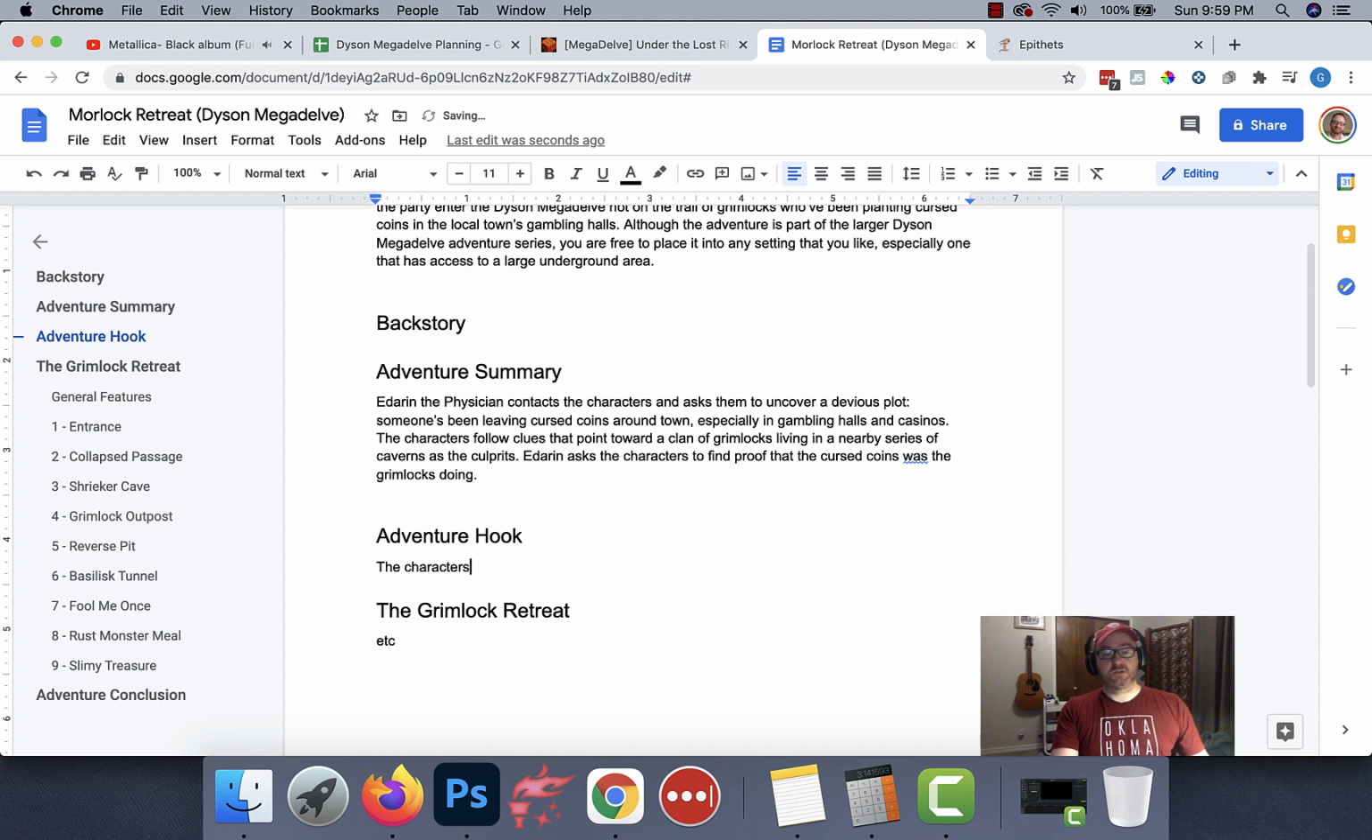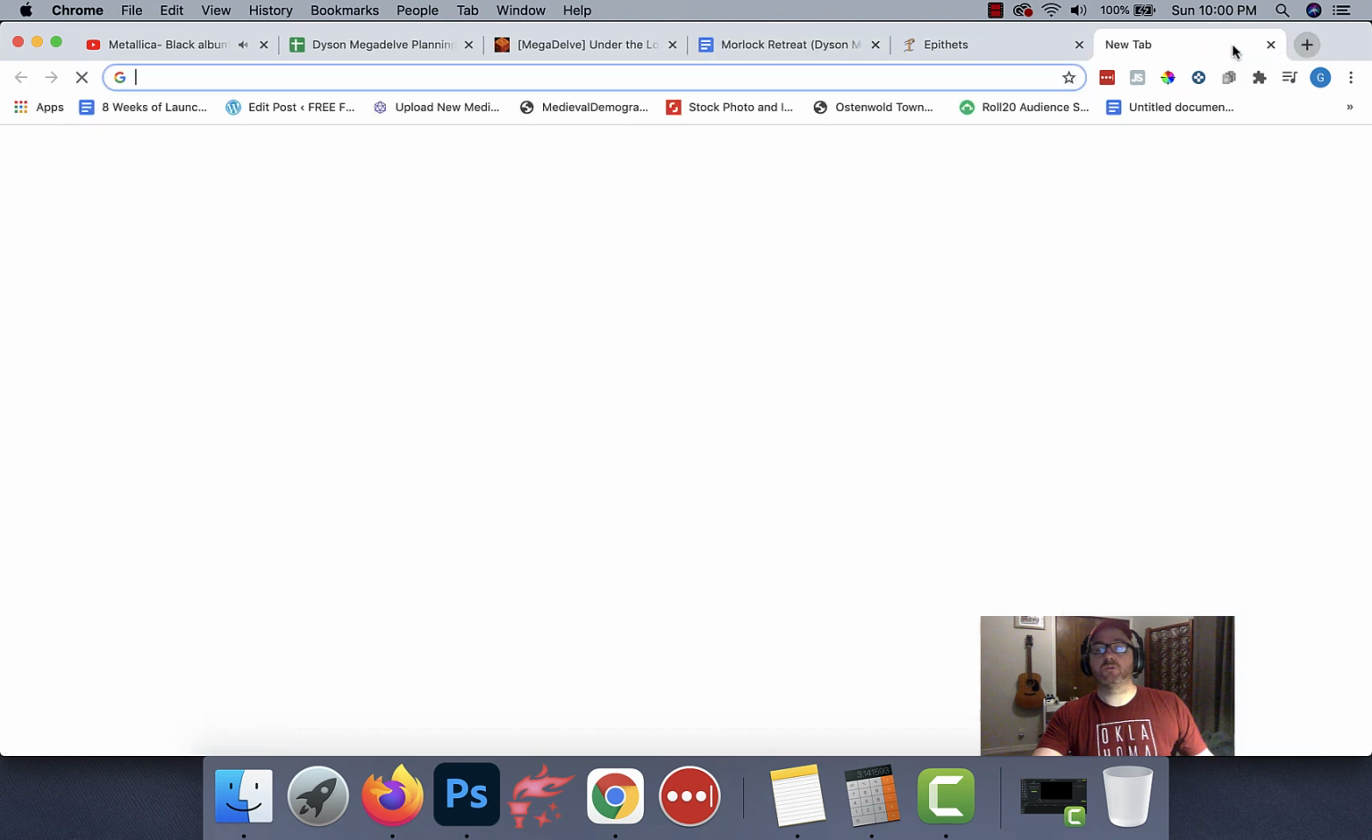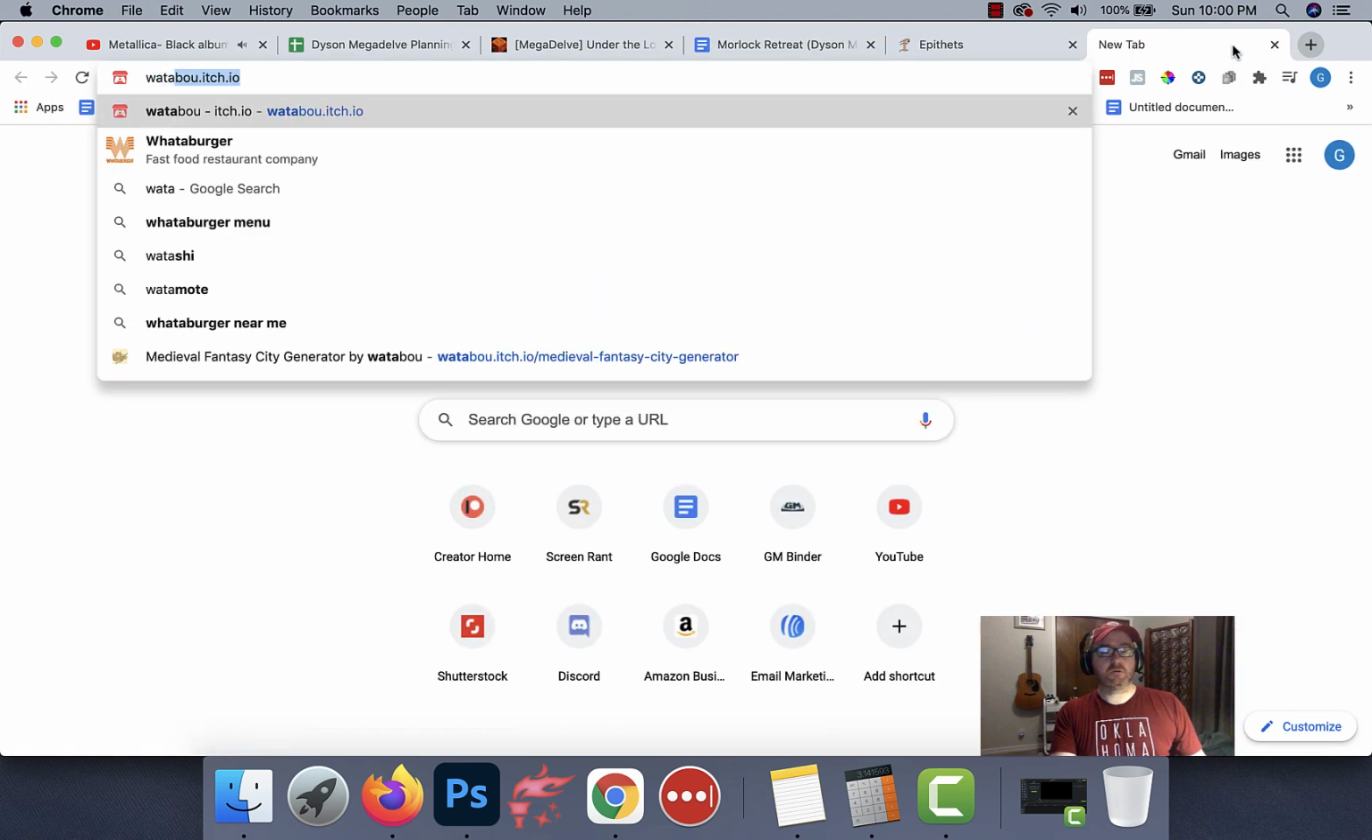The characters are in the village of, you know what, let's get a village. I'll show you how to make a village real quick. Kind of as a side here, but I think this is a pretty useful thing to know. I don't want to flesh out a village too much, and I don't want to go over the top with it because it's really not important. Really, it's just a jumping off point for the characters. So what we're going to do is go to